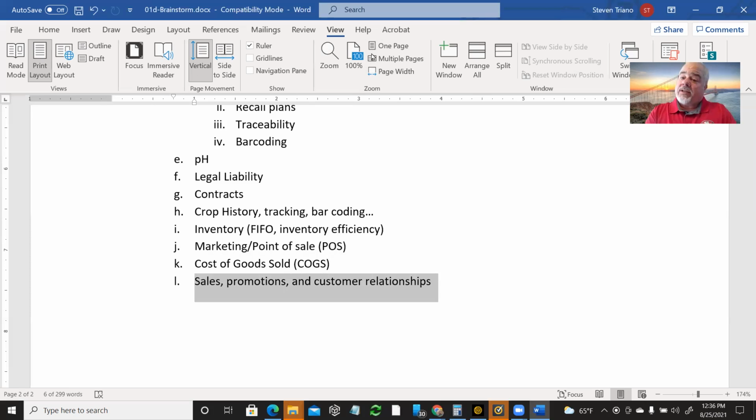So that's it for brainstorming. A lot of things you should study, understand, think about, try and wrap your head around all of the different things that we talked about. And this isn't everything. There's all the other business stuff you have to think about, the insurance and the labor force and unions and or non-union shops and